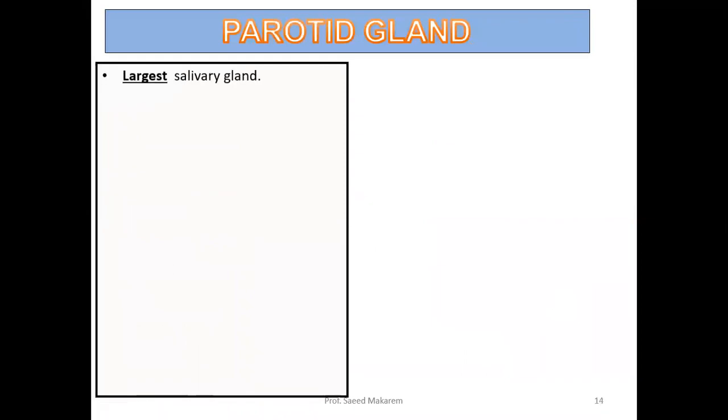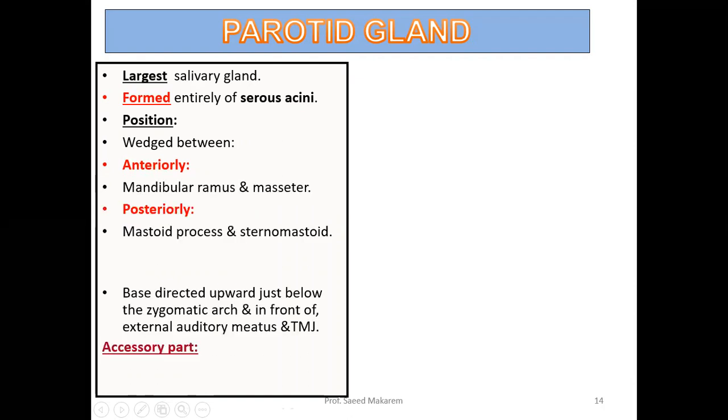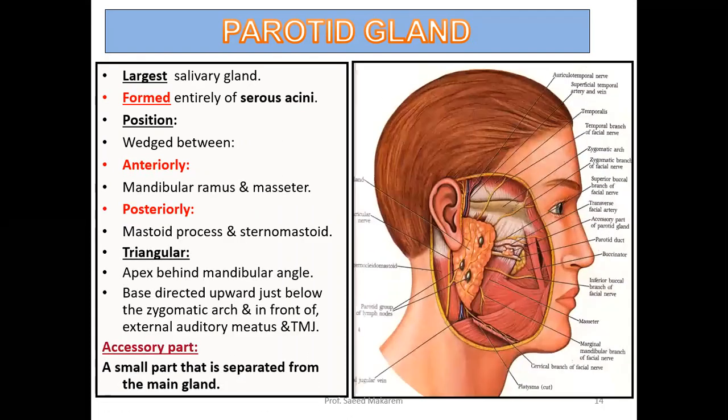secretion. Now coming to the parotid gland, this is the largest salivary gland. This is the largest salivary gland formed entirely of the serous acini. Okay, so this is the gland here. So this is the parotid gland, the largest of these salivary glands, and it is entirely of serous acini. So it will be producing only the serous secretion. Position, it is bus shaped, and it is